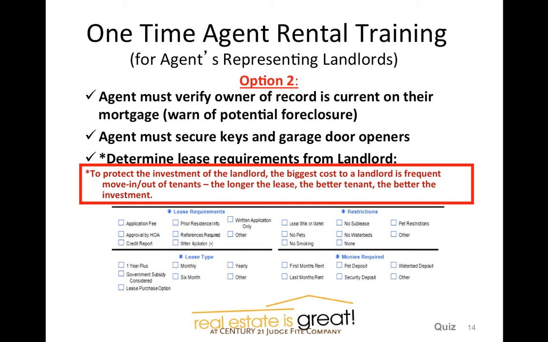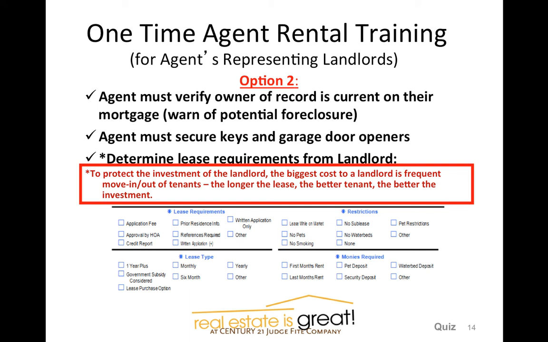Below you see some requirements that are on the data input form. I want you to pay particular attention to these lease requirements on the data input form. It has a place for an application fee, if it has to be approved by the HOA, credit report, prior residence information, required. I'm not going to read all these to you. You get the idea. Notice on the right hand side under restrictions, the pet restrictions,